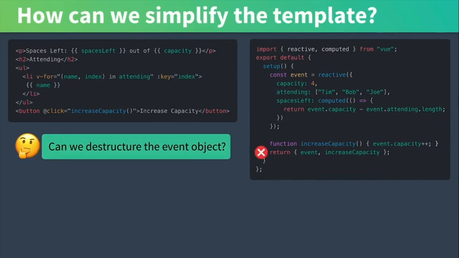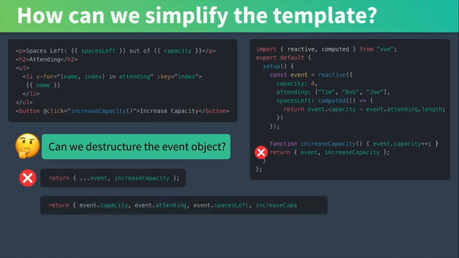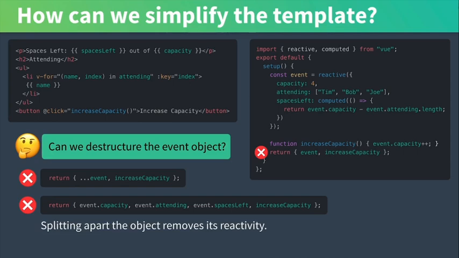To make this work, I would have to change how I'm returning the event. My first guess was just to use the spread operator. However, that didn't work. My second guess was simply to list out each of the properties, but that also errored out. The problem here is that splitting apart the event object is going to remove its reactivity, so it's not going to work. The solution here is to take our reactive object and split each object up into its own